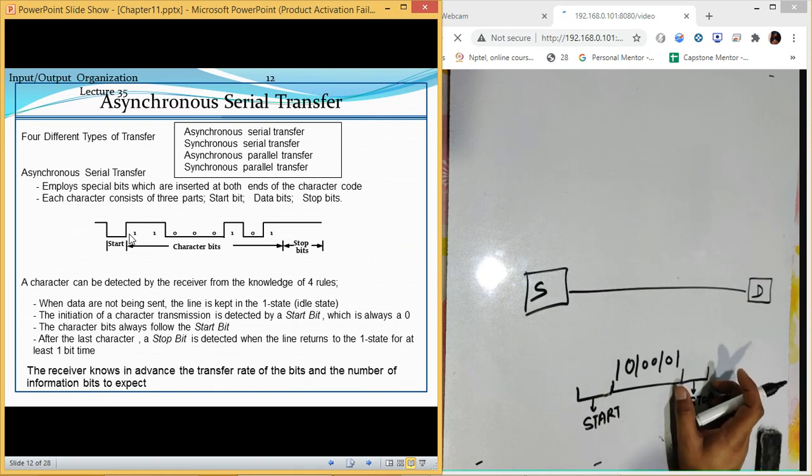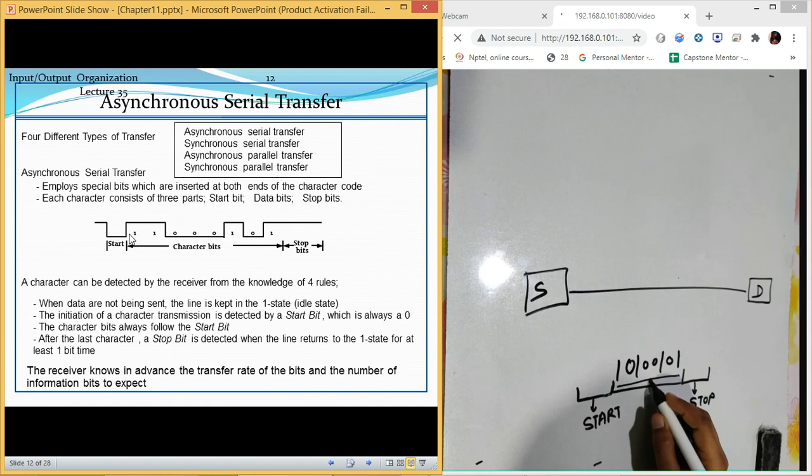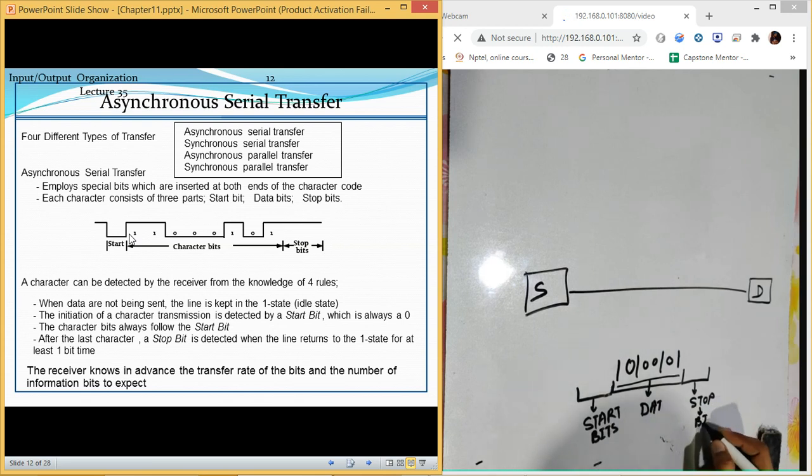So this is how we are going to send the data. This is the actual data. These are the start bits, and these are the stop bits. So we have different starting bits, stopping bits, and we have the actual data.